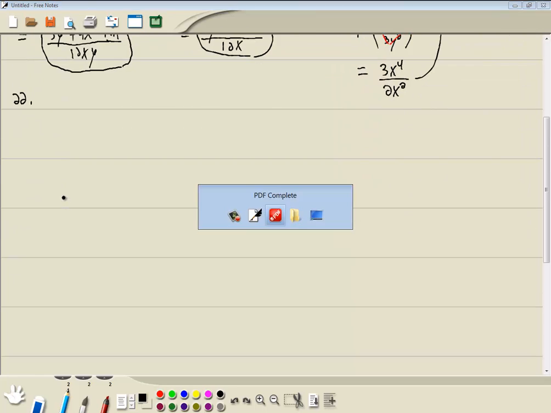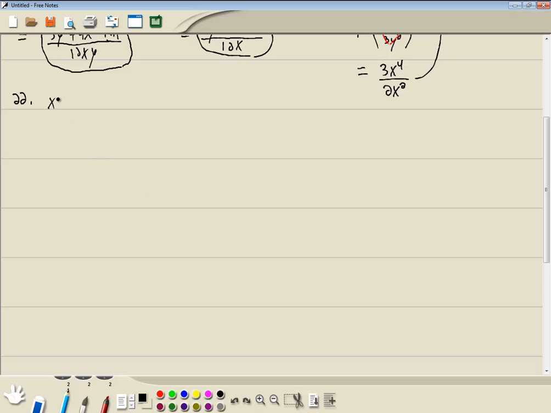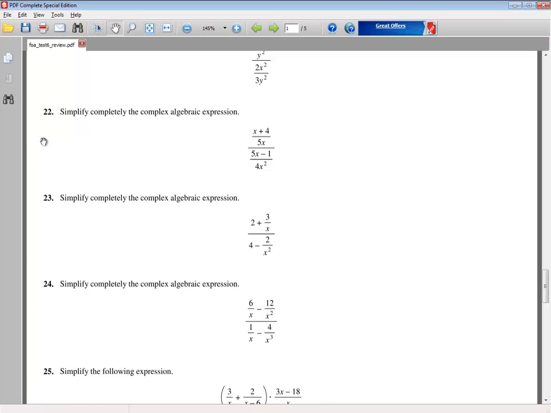Okay, so let's look at 22. We got x plus 4 over 5x all over 5x minus 1